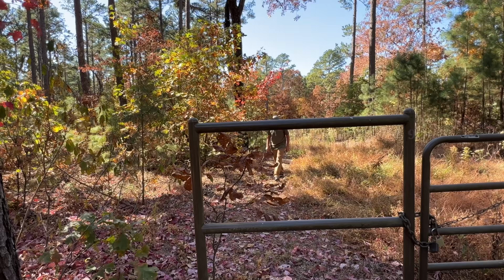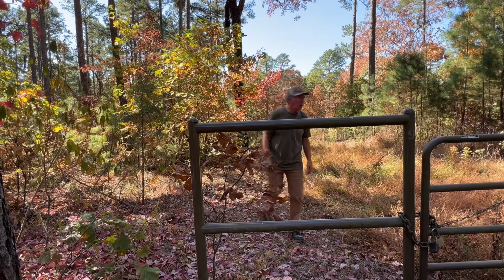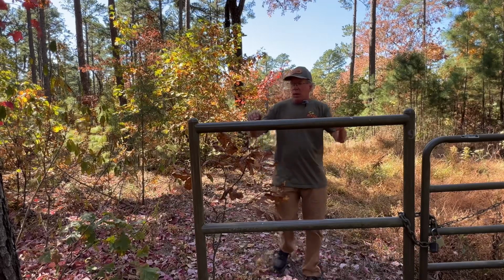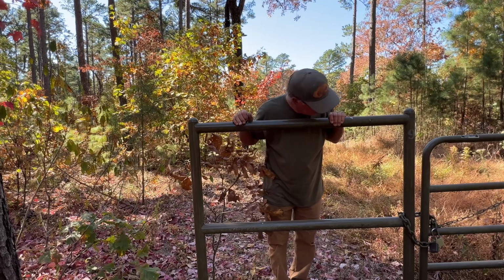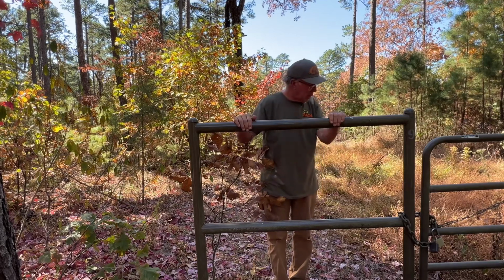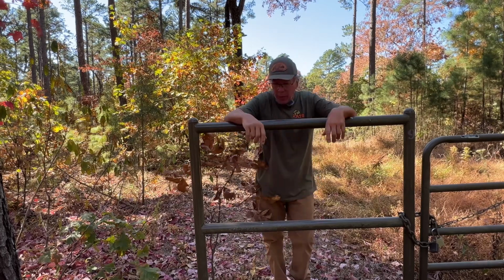We're out here once again in the National Forest, and we have moved our campsite or our parking site. Hey, this is a pretty new gate. Oh yeah, it hasn't even been worn down, or at least the post is pretty new. Anyway,